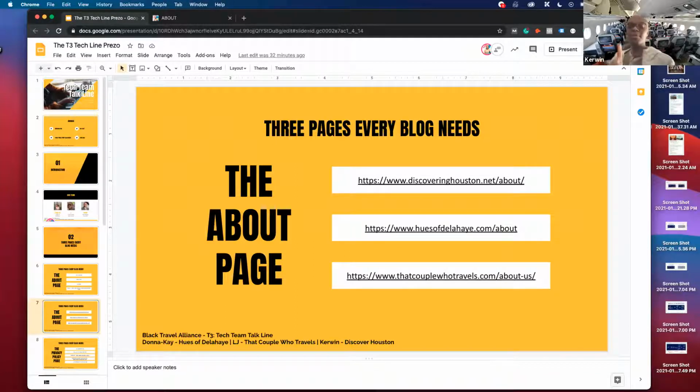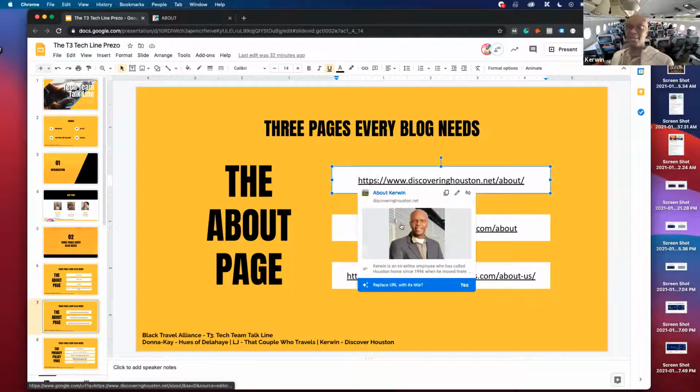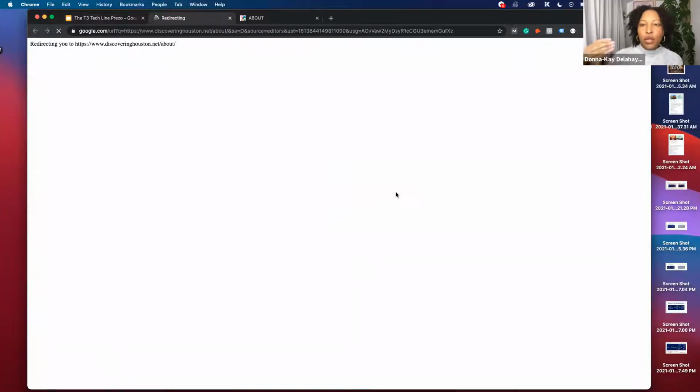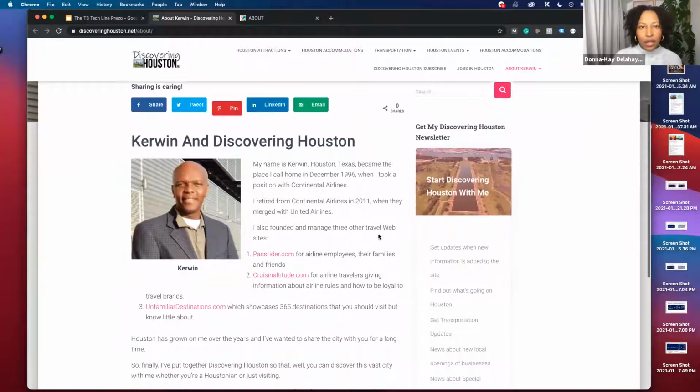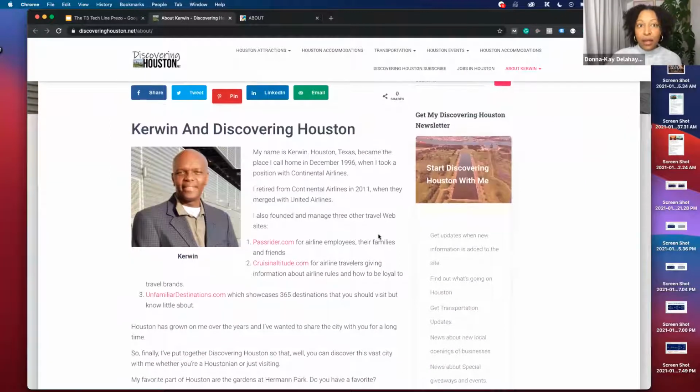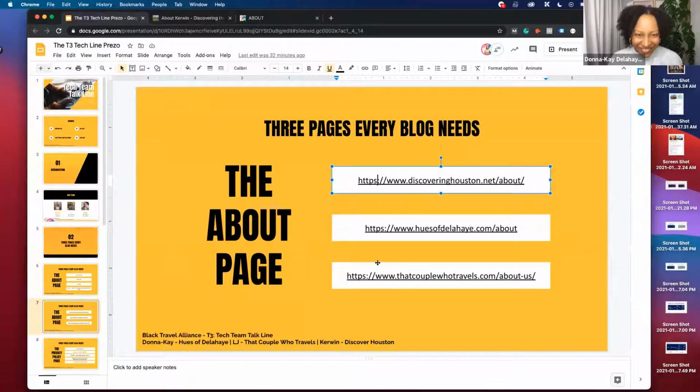One of the most important things is the photo, like she talked about. The back of the head photo thing doesn't work. It works for Instagram, but you want PR people to know who you are. And there's a lot of ladies on here. I'm sure travel is lifestyle, so you also want to incorporate what you're wearing. If you're traveling and you're going to reach out to a clothes brand, they want to see how you look, what kind of style you have. So if all we're seeing is the back of your head, unless you're doing a shampoo commercial, it's not going to get you anywhere.